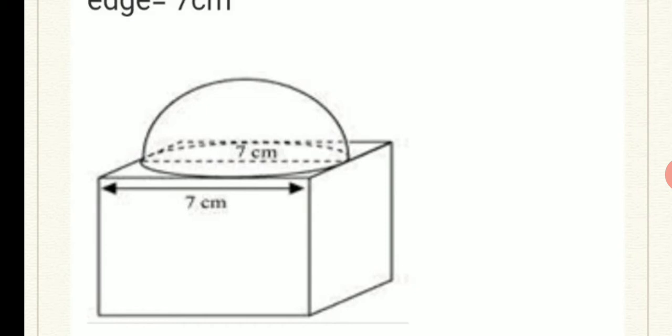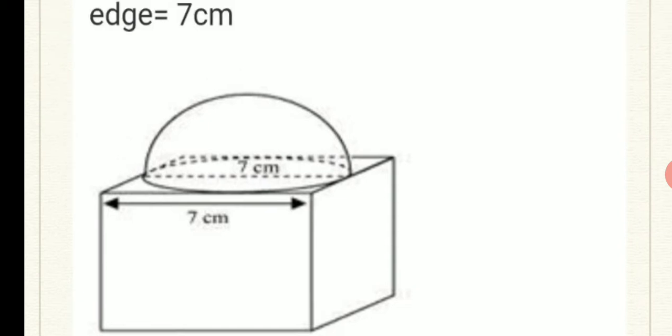Now we know that a cube has 6 faces. Now if we keep one hemisphere on the top, it has a diameter of 7 cm. But if we count the total surface area, then 5 faces will be there, and on the top face there will be the hemisphere. So inside the 4 corners of one face of the cube it must fit. Now let us see the solution.